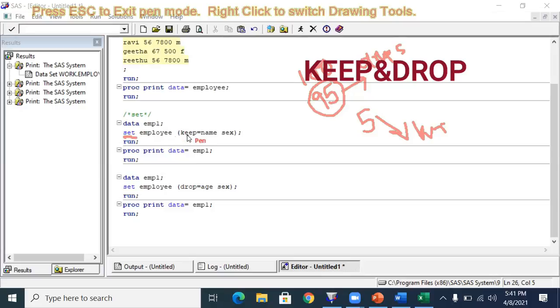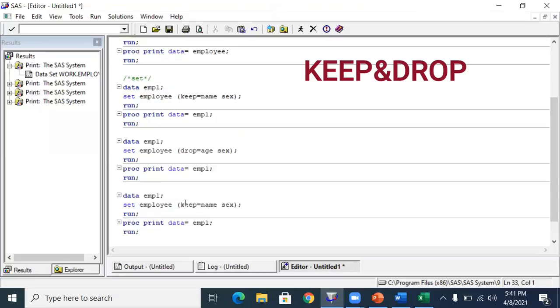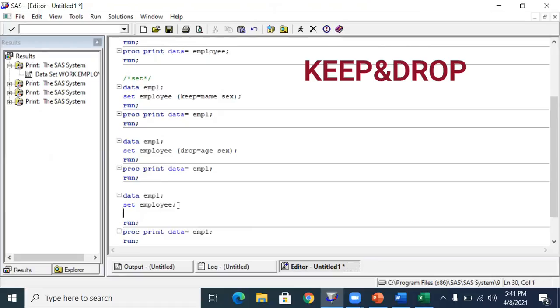Even you can start with keep. That time, keep will act as a statement. So you can use keep as a statement, or you can use it as an option. Instead of writing keep this way, you can remove it from there. Here, set employee means you are copying everything, but in the next statement I'm going to say keep age and name.